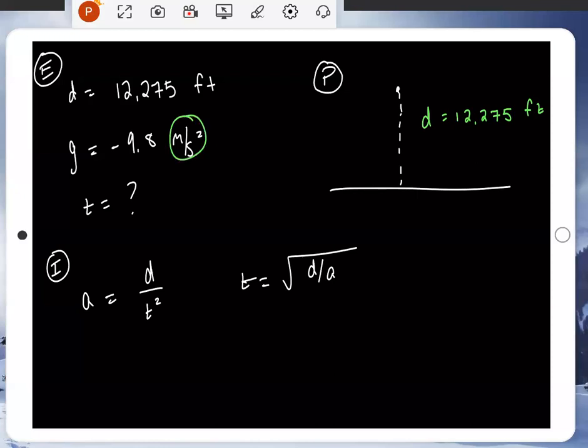And our key here is that that's acceleration, always units for acceleration. So we can erase that and call it a, because it's the only thing that works, right? So hopefully now you can see I got to plug this in, and it's easy. And you say, okay, 12,275 divided by negative 9.8. Well, you get an error in your calculator, right? And so how do we deal with that?